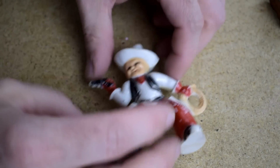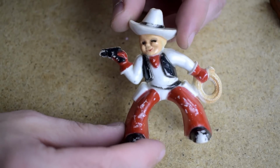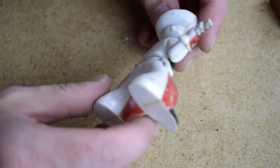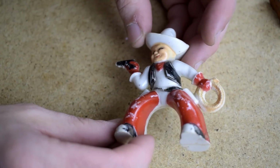Here's a funky old 40s or 50s hard plastic painted Cowboy. Never seen this one before. I have no idea what it is. This is one of those iffies. This could go as high as 30 or 40 bucks for all I know. I'll do some little research on it, and then if not, I'll just throw it up as a 50s hard plastic